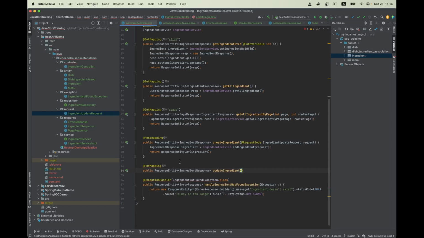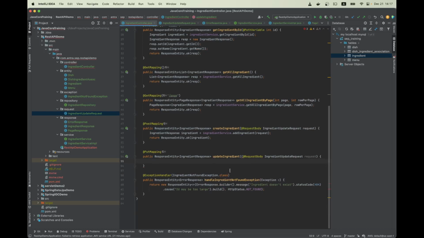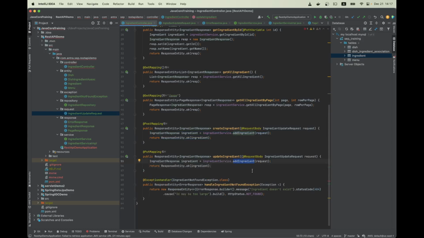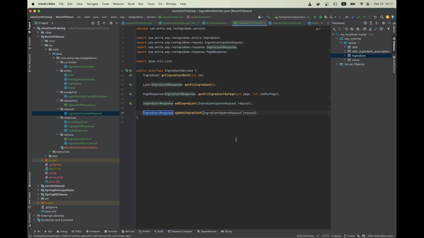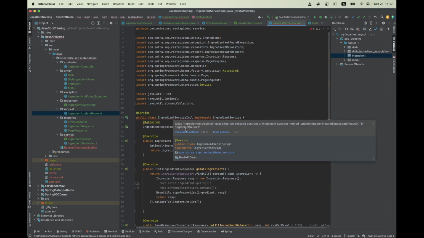And then for updating, it's the same as creation, right? But the thing is, we need to give ID to it. So we have this one, and then we can also do the same thing. Copy paste here, and instead of add, we can just call it update ingredient, and request here. Okay, everything good. And for this update, let's imagine we firstly need to find that ingredient, then we need to update it. So let's implement that method,